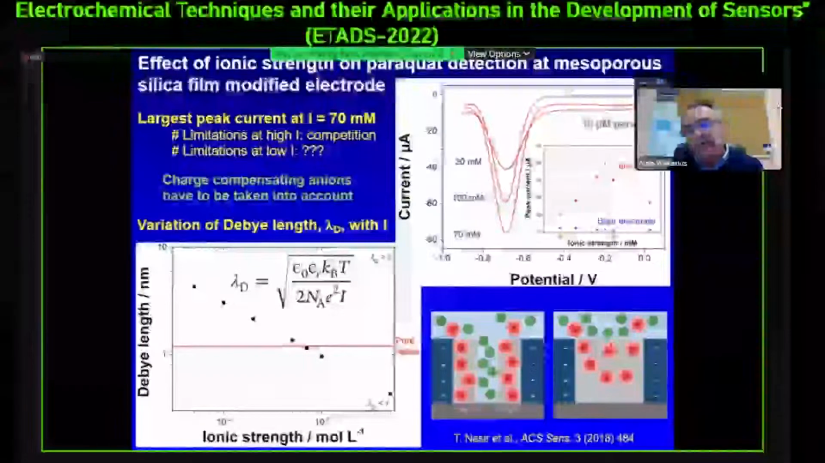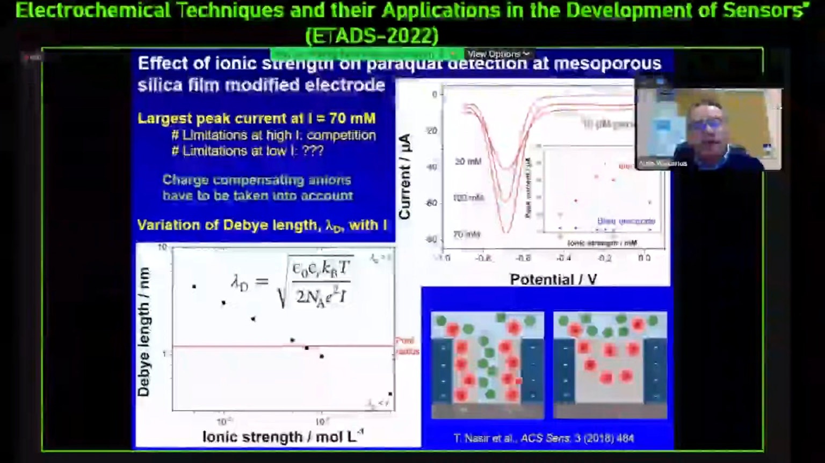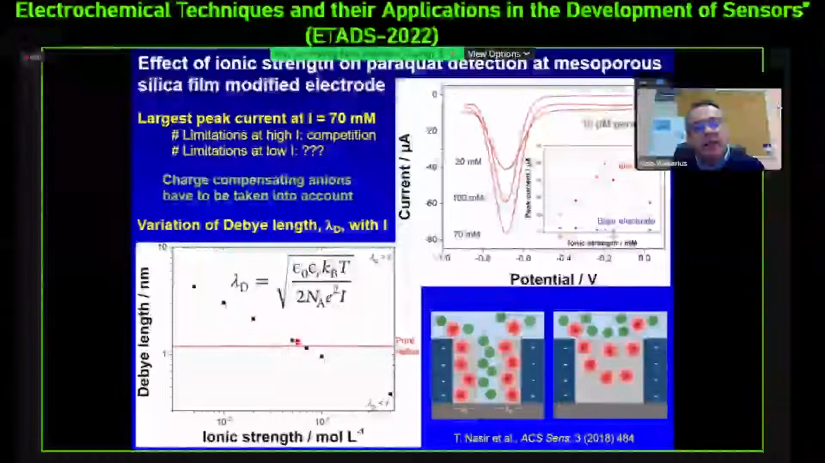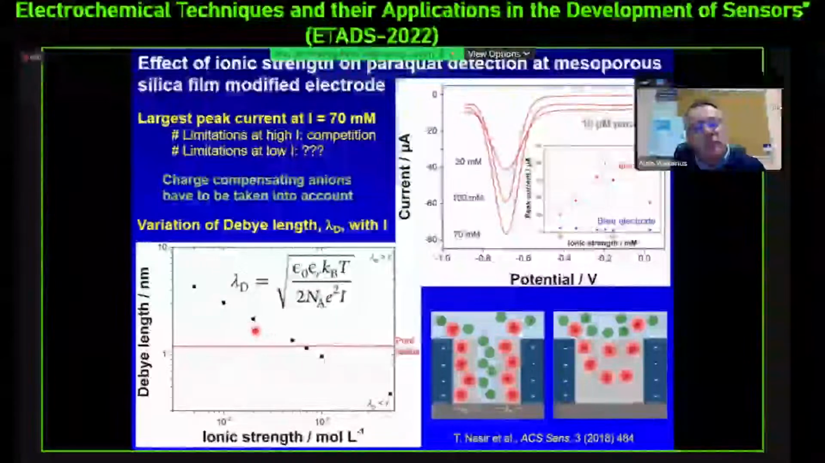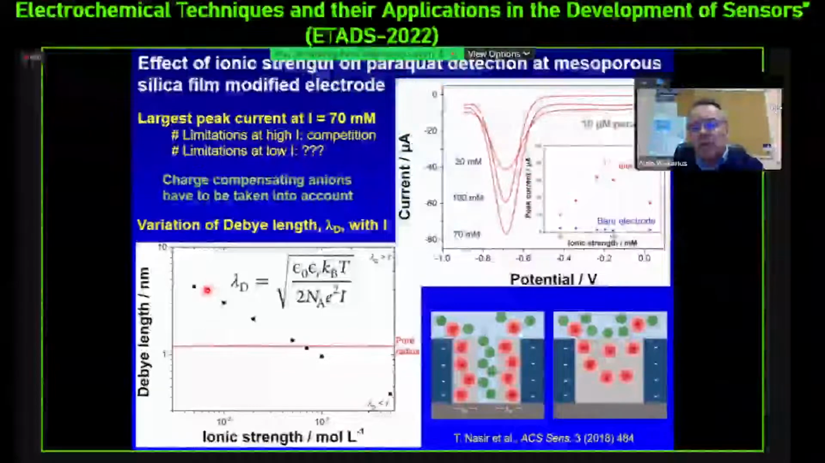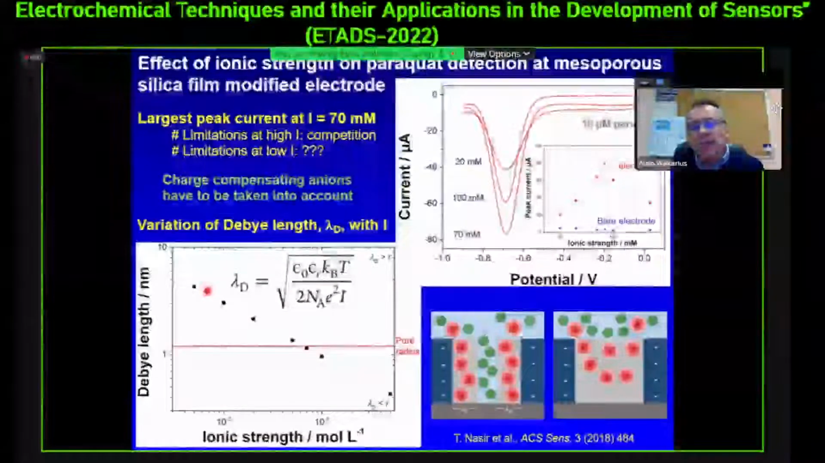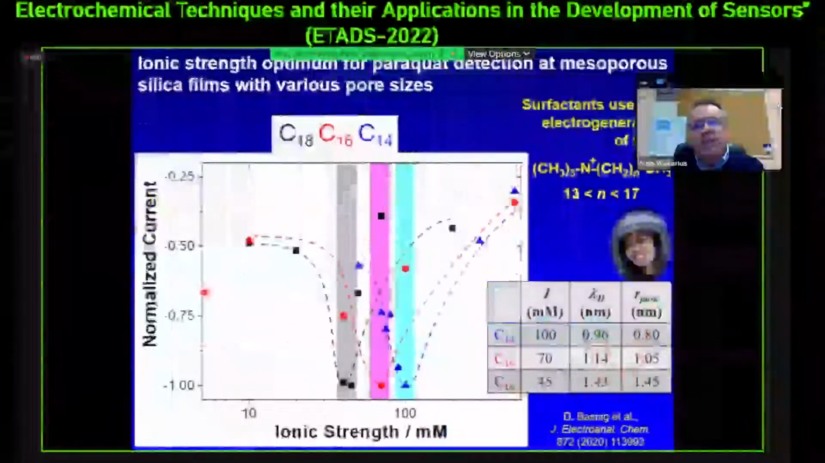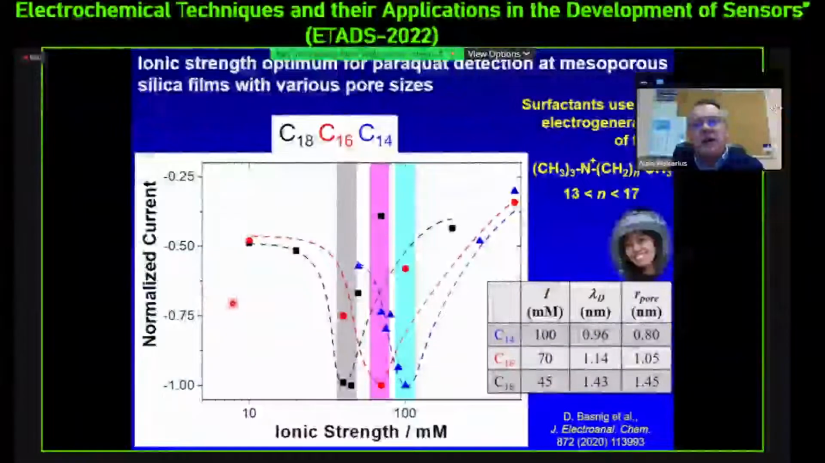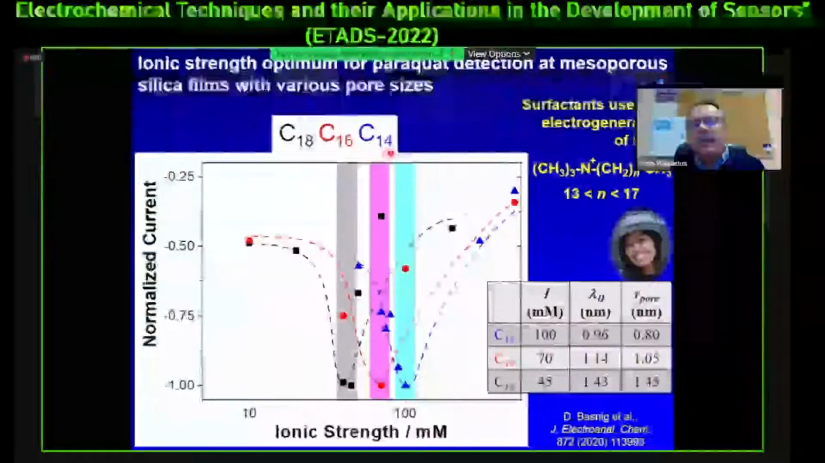And in that case, this anion cannot go inside the pores when the supporting electrolyte concentration is too low, because the Debye length is larger than the pore radius, and we have a total overlap of the electrical double layer. And just to confirm this, we have studied the effect of the pore diameter using surfactants with different lengths, and in that case, it gives